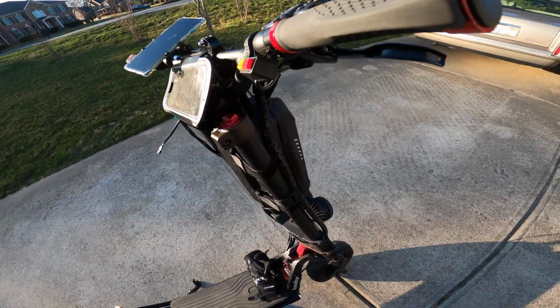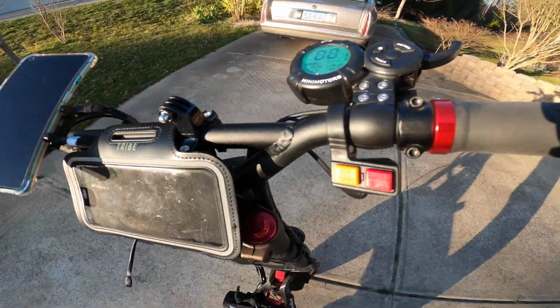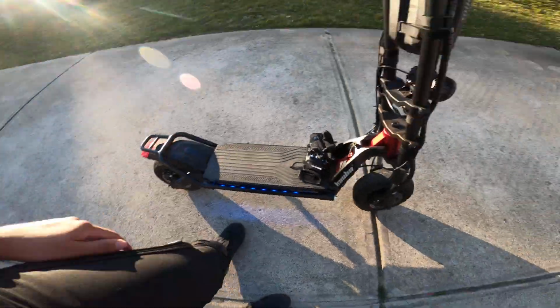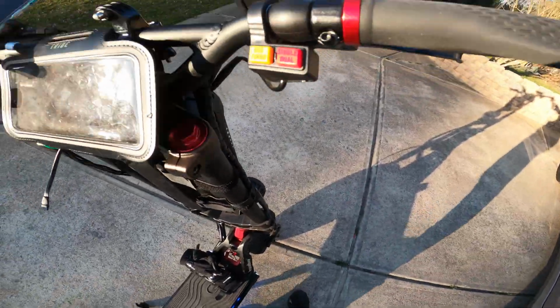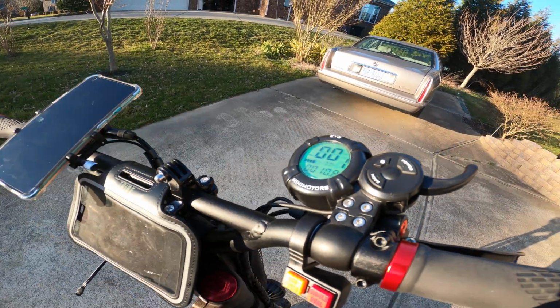The motor can overheat after a while, and then it'll just shut off. And when it's in single, since the rear wheel is the only one that's on, it's just dragging the weight of the front wheel. So that's just more work for the scooter. So keep it on dual unless...